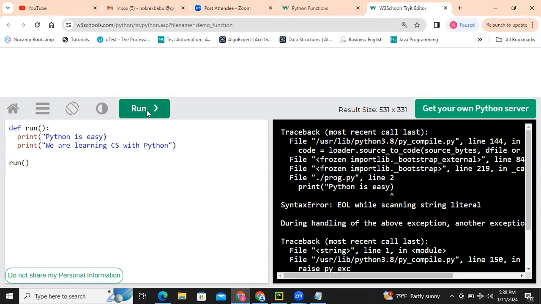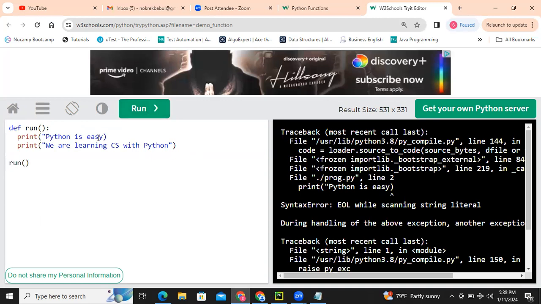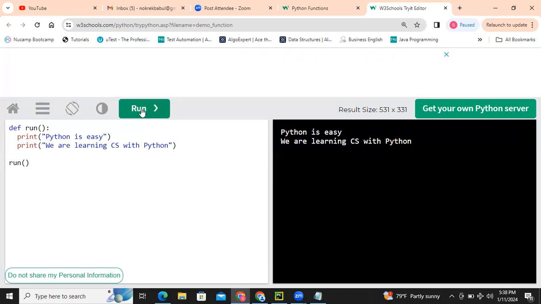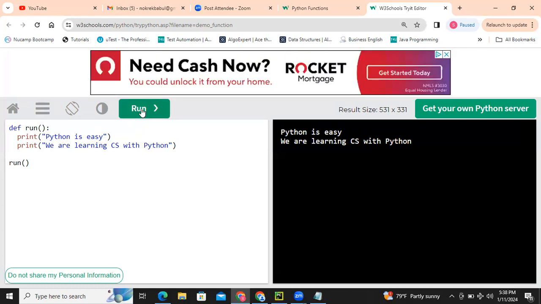What is it saying? Python is easy. Okay. I forgot to close the inverted commas. Okay. So Python is easy. We are learning cybersecurity with Python.